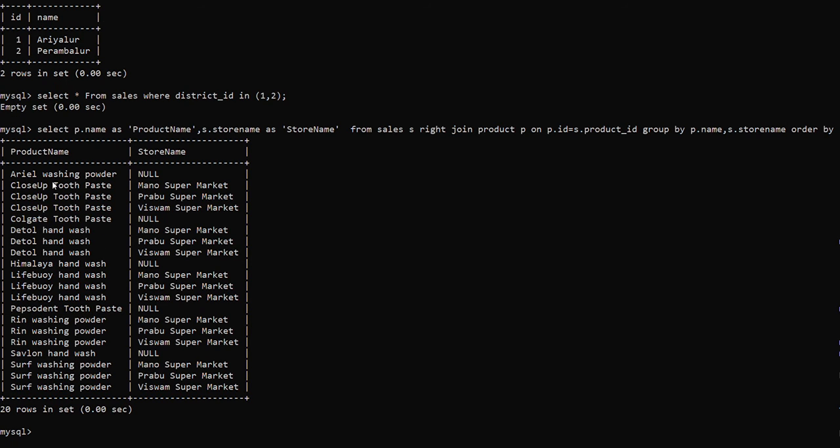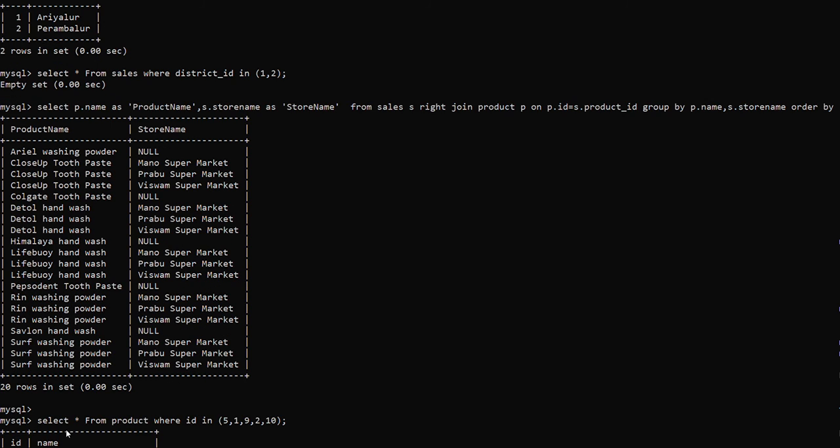So we will validate the product ID and use the same IDs in the sales table to find whether we have any entry in sales table. First we will validate the IDs for the products which are getting null values.